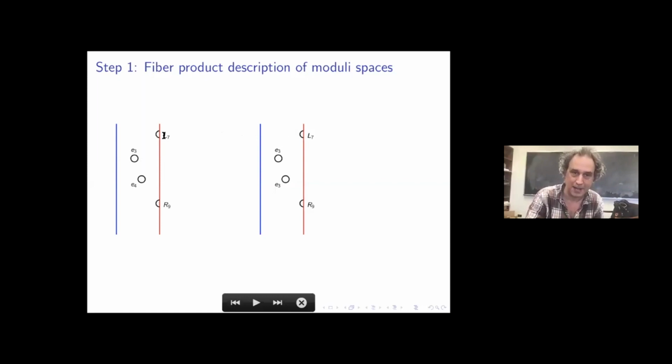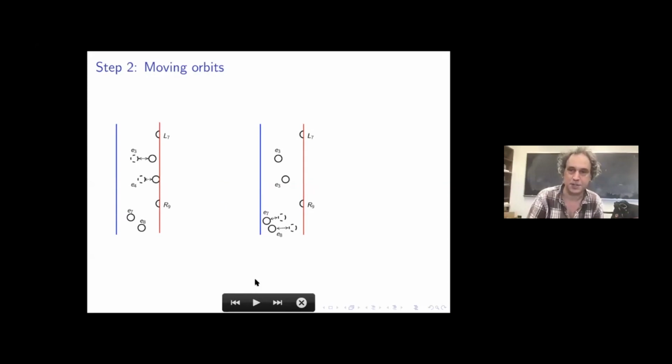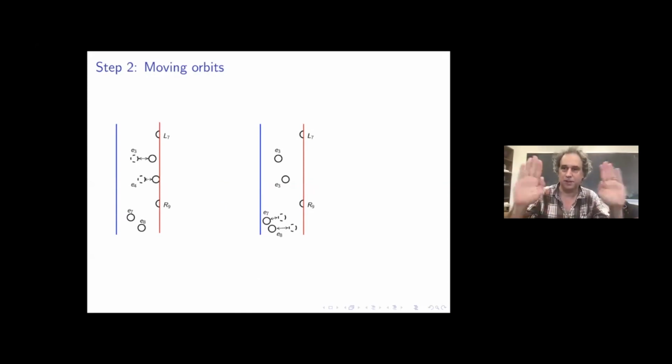And they're matched in their S,T components. And then there are some Reeb orbits that are also matched. So this is the first step in the proof, in the description of the differential. And the second step is what you would call moving orbits, which is to say that analysis says that holomorphic curves in